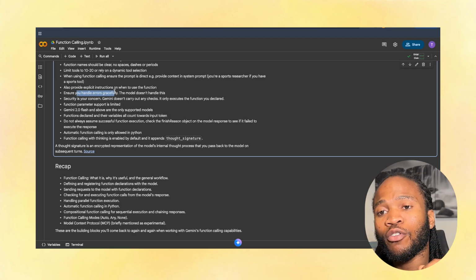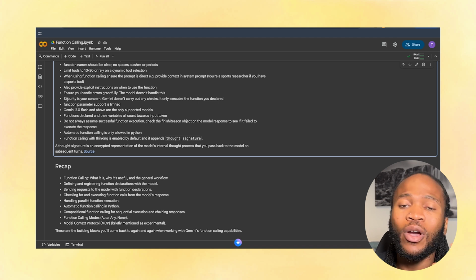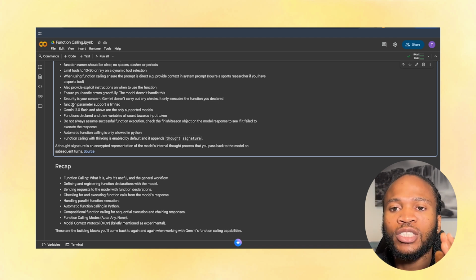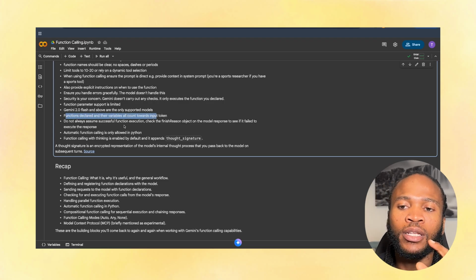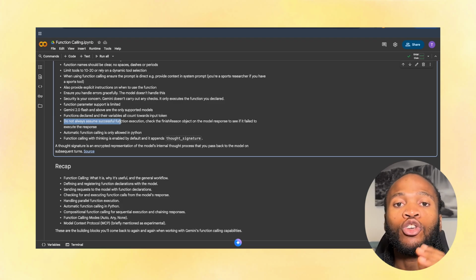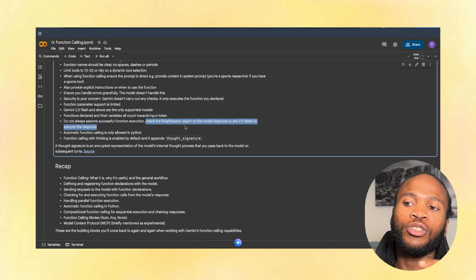Ensure you handle errors gracefully. Gemini does not do this, and so you have to ensure you are handling the function execution errors. And security is your concern. If you have a function, ensure that it is secure and is not exposing data that you don't want Gemini to have access to. And every function declaration with their input arguments all count towards the input token. And you should not always assume that every function executes successfully. You should check this before using the function, and you can check this using the finish reason object